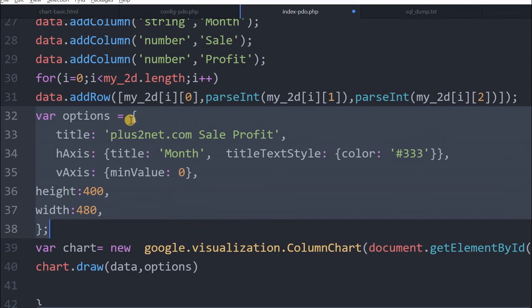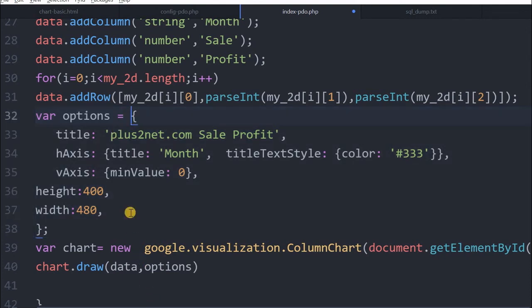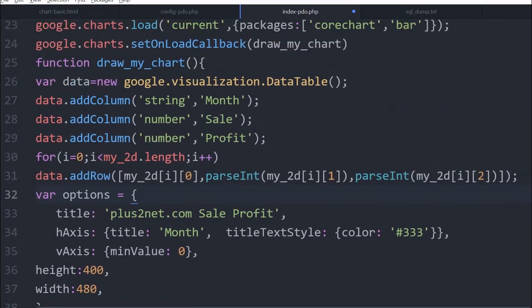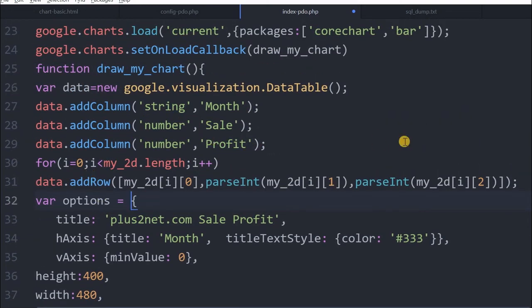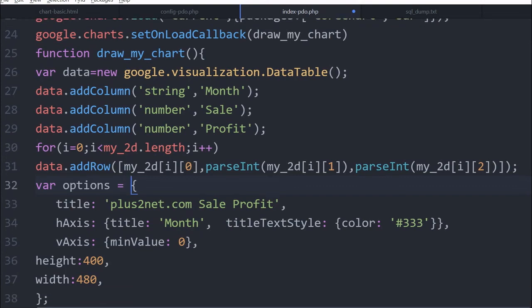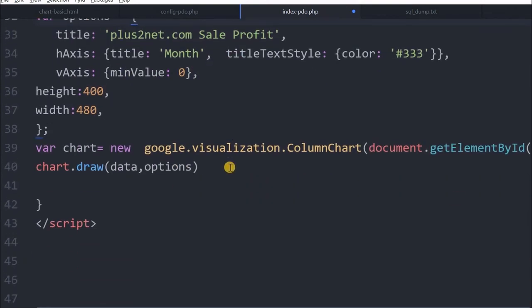Now I can just copy this from here and paste it here. Instead of that, to better manage it, we have kept one variable and we are using it. So data is what we have given at the top. Here you can see all the rows and columns, everything. So these two things we have to pass on and then the chart should draw. Now let's see how it is. That's all the code is.